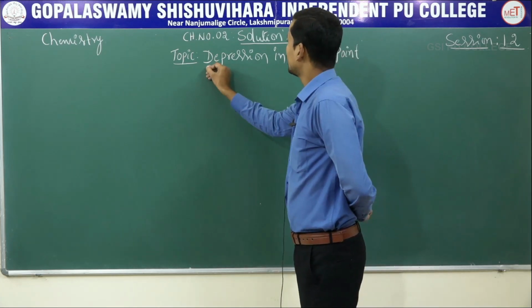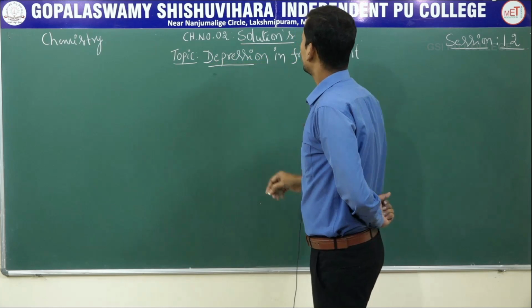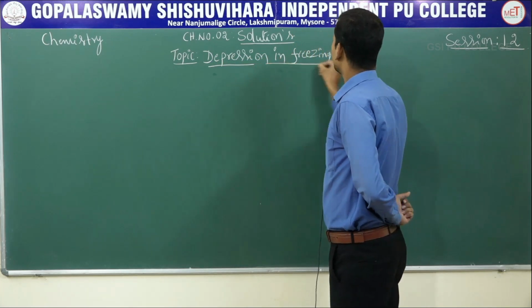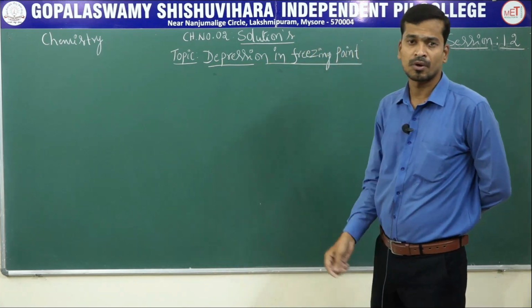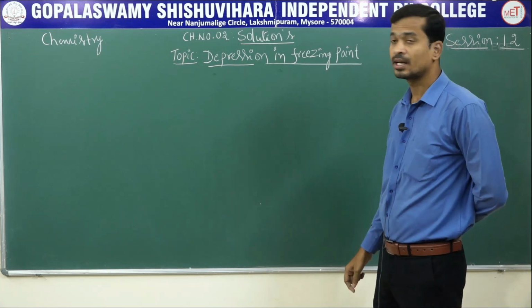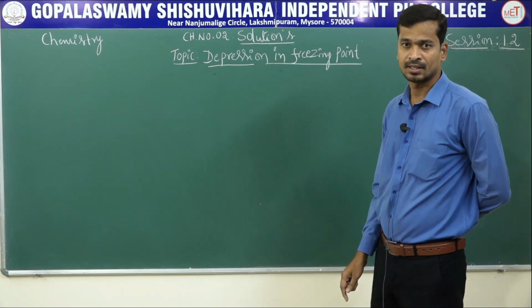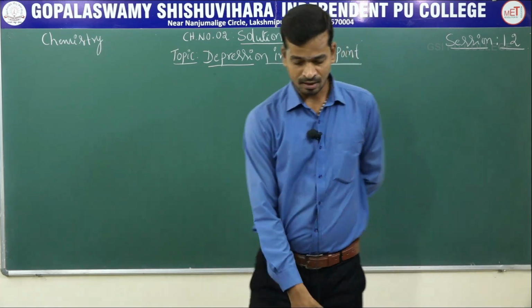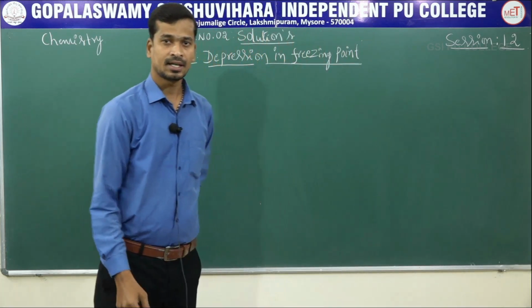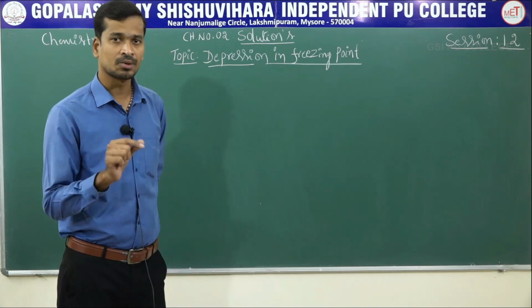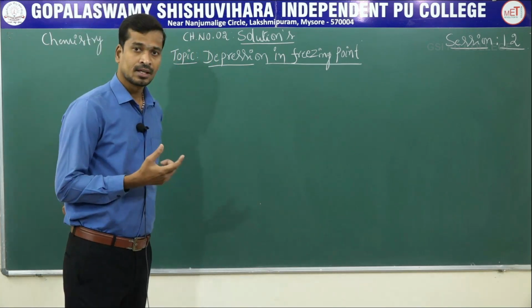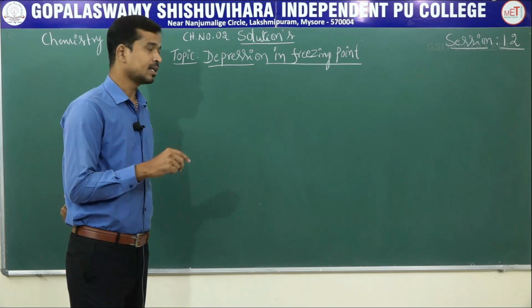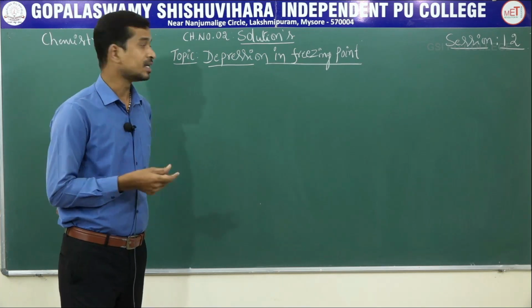The elevation in boiling point, relative lowering of vapor pressure, depression in freezing point, and another one, osmotic pressure, are the four colligative properties. What is meant by colligative properties? The properties of dilute solution which depend on the number of solute particles and are independent of the nature of